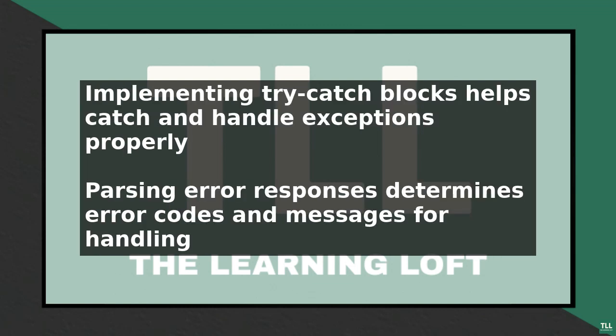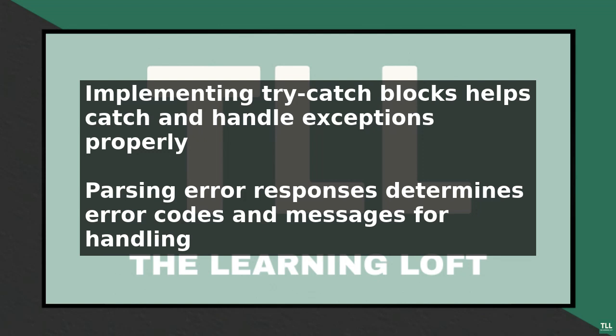For example, if you are using the Bill.com API SDK to create a new bill, you can wrap the code in a try-catch block to catch any exceptions that may occur. If an exception is caught, you can parse the error response to determine the error code and message, and then